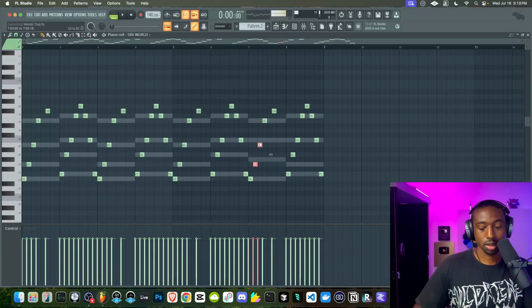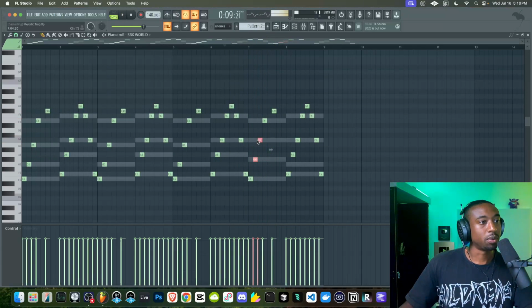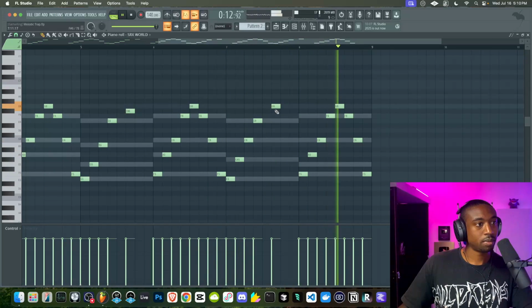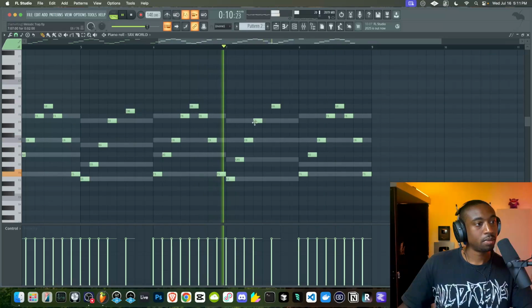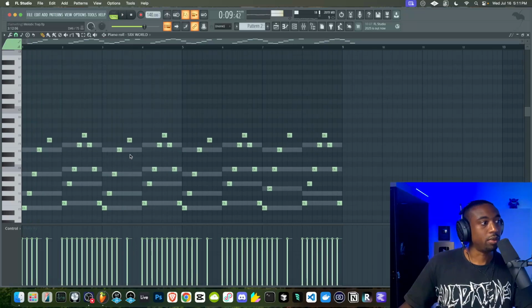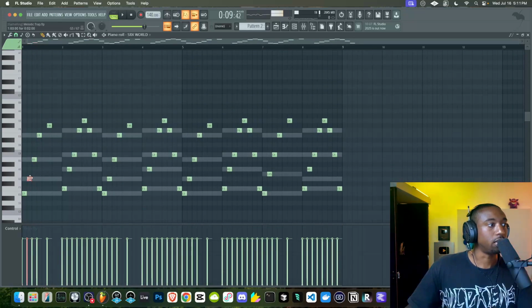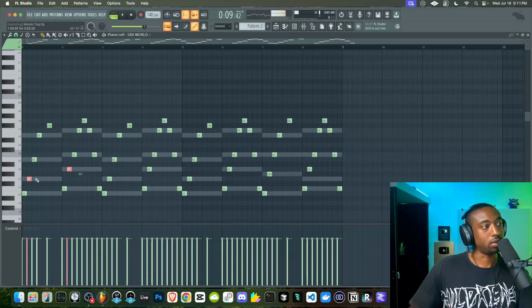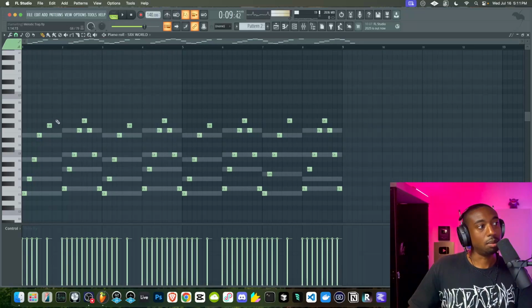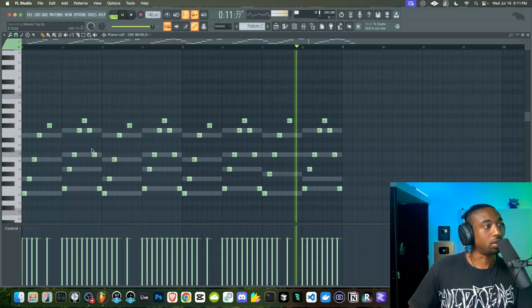Now this chord is different, so let's see if I transpose these notes here. So we're really just following the chord. Now, if you want to get fancy, you could take what's called the third. So there's different thirds per chord. So in this first chord, that would be the note G in this case. Second chord would be the note A. And we can pull this up an octave to add a melodic, strong melodic note. So let's see where we can add those notes.